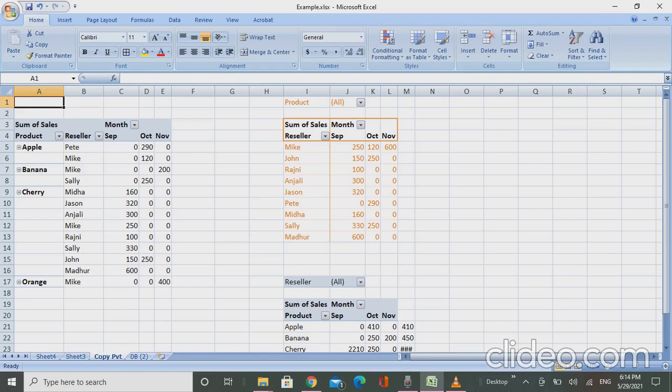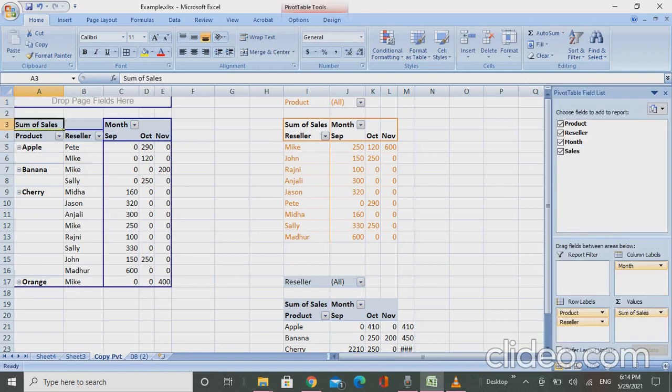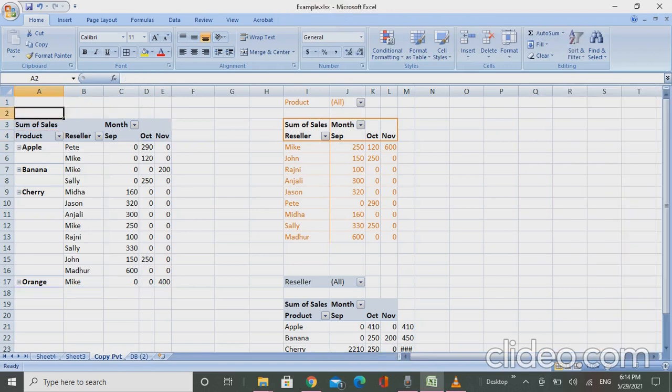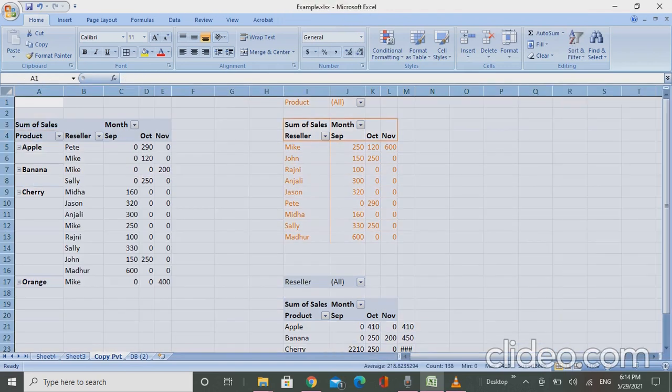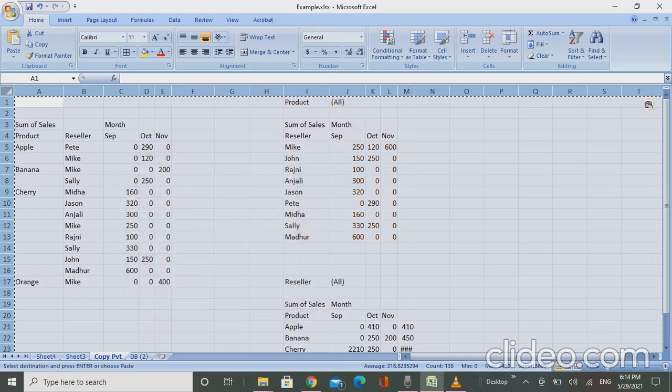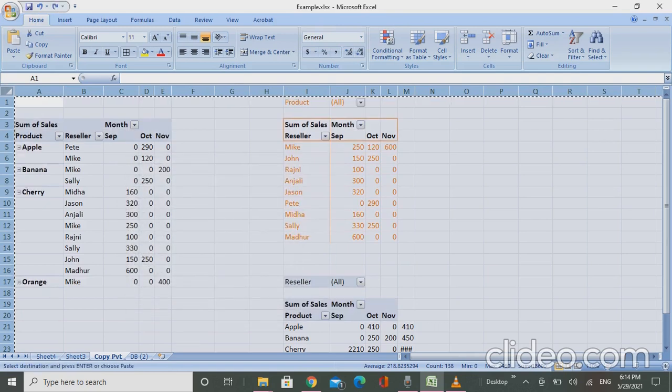So I'll name it as the copy pivot, and this is the pivot thing. Okay, so I just only want the values of this pivot. So I'll select all of this sheet, and then I'll press Ctrl C. I'll press Alt ESV. Okay, we'll do a replay of it. I've selected the whole sheet. I will do Ctrl C and Alt ESV. So only the values are here now.